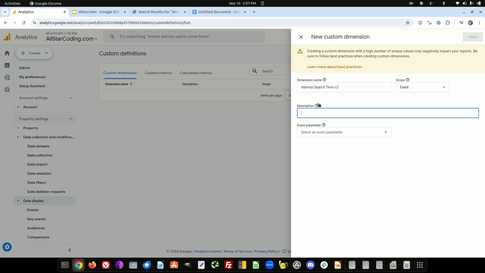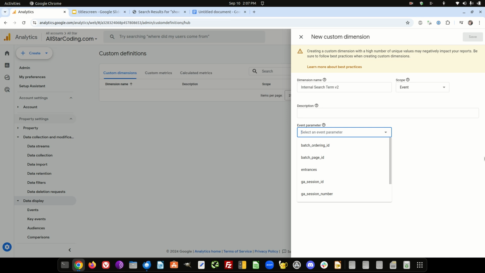The description, I'm going to leave blank. And the event parameter, this is very important because this is the designation within analytics that Google is assigning to the term itself. And so we need to make sure we get the right one here. And the one we're going to go with is